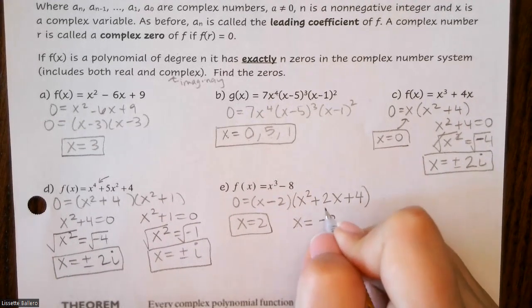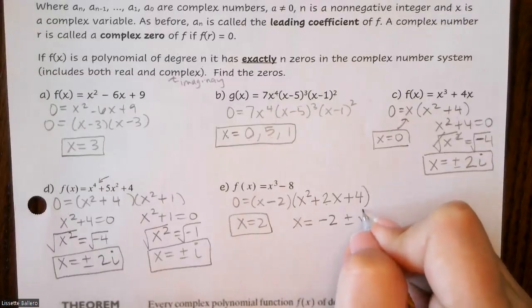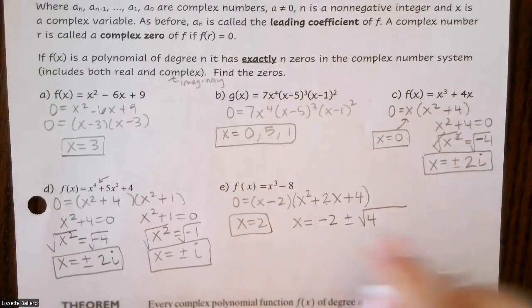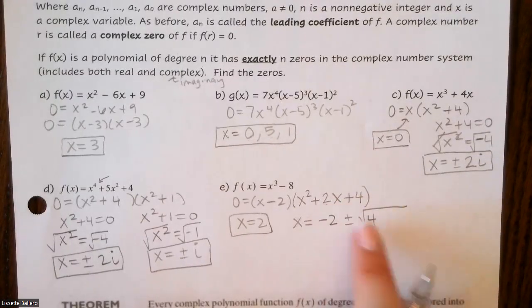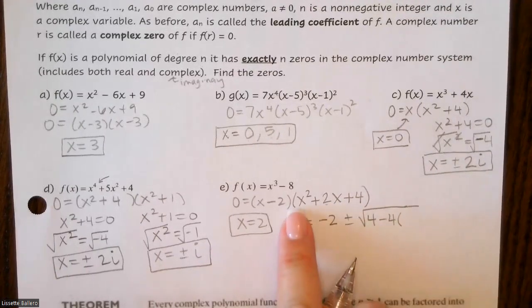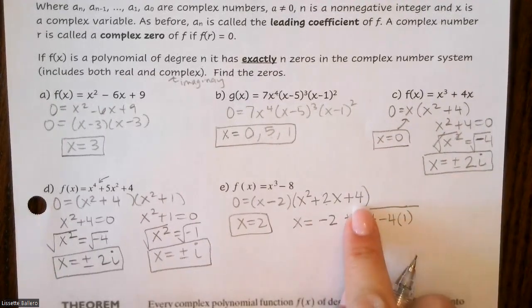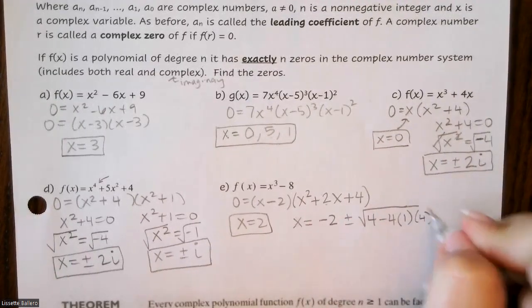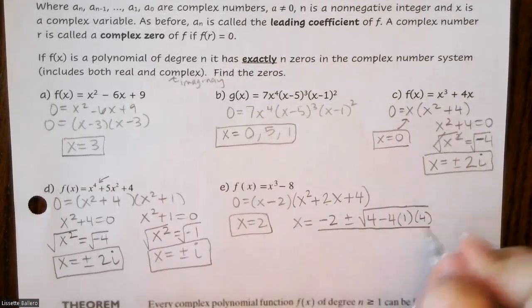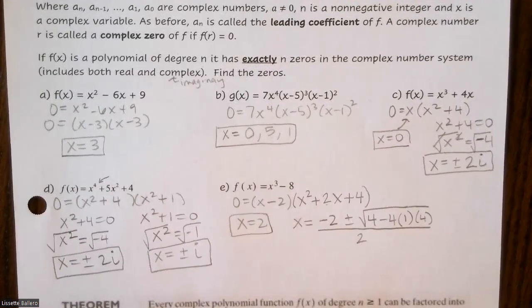So that's negative b, and b is my middle term right here, plus or minus the square root, b squared, so that's going to be 4. There's my b, I'm going to square that, minus 4 times my a value, which is what's in front of the x squared, that's 1, times my c value, which is 4, all over 2a, which is 1. So I'm just going to leave that as 2. Now with this here,